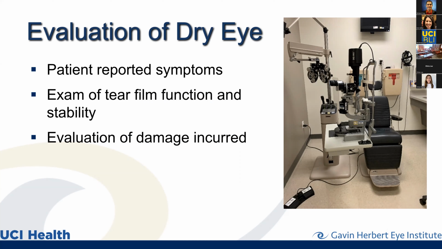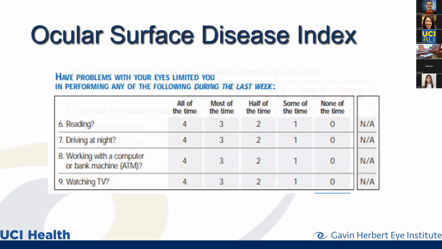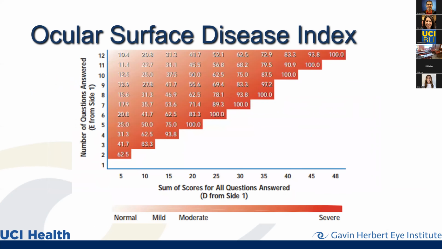We examine the tear film itself, and we look for any damage that has already occurred due to dry eye. There are many ways to record the patient's symptoms, but we like to use this validated questionnaire. It just takes a few minutes for the patient to answer what kind of symptoms they've had over the last week. They can do this themselves, and we calculate a score, and the higher the score, the more symptomatic,